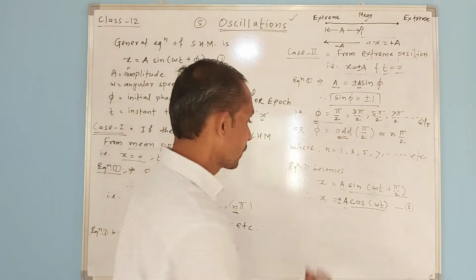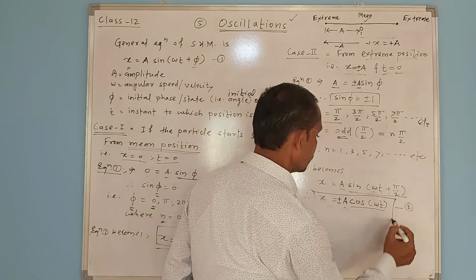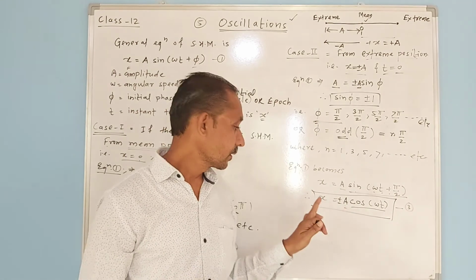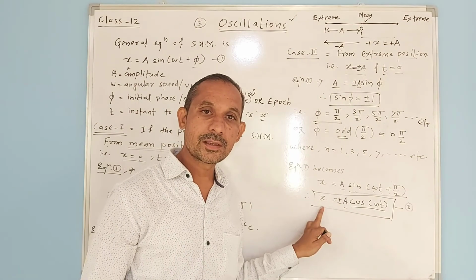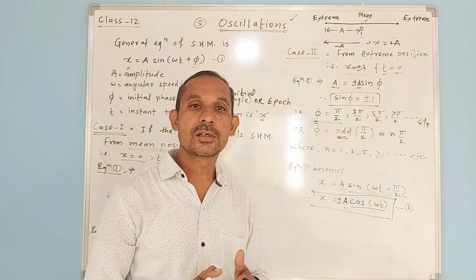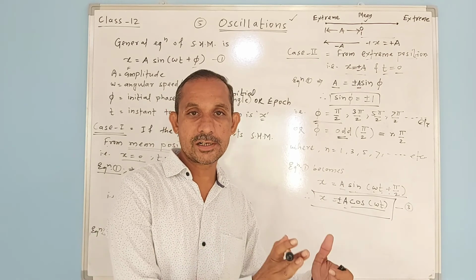This is equation number 3. Equation number 3 gives the displacement of the particle in the simple harmonic motion which starts or initiates from the